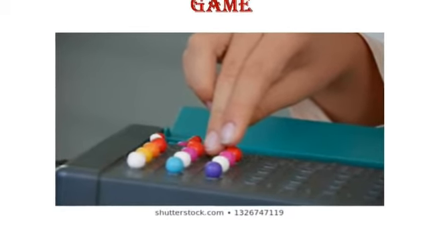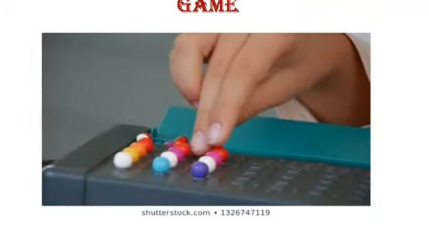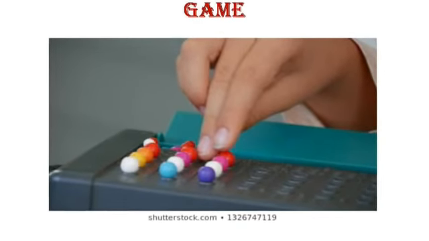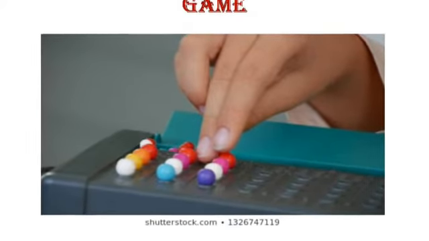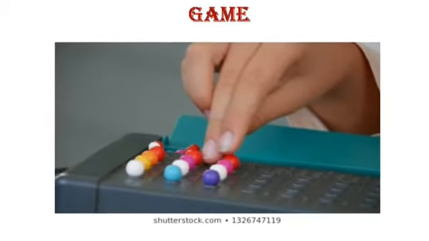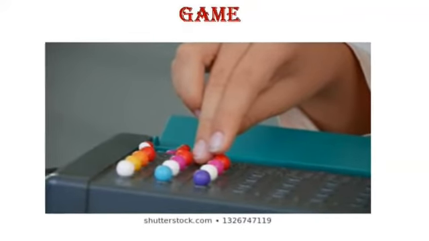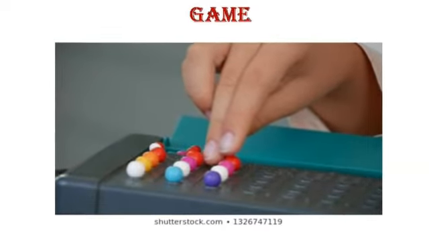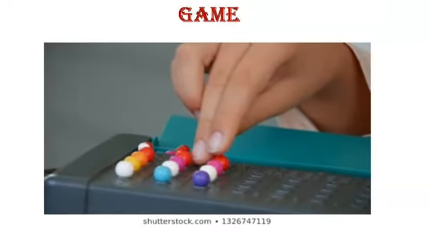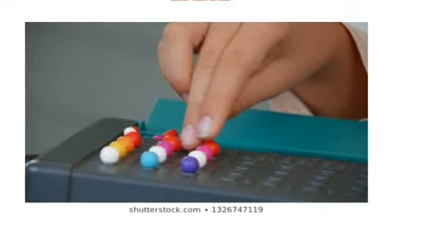They have given the example of the Mastermind game. Let us see what a Mastermind game is first. Mastermind is a code breaking game for two players. How will you play this game? The players will have 10 different colors of beads. The first player will set a puzzle by choosing any 4 color beads and arranging them in different order.